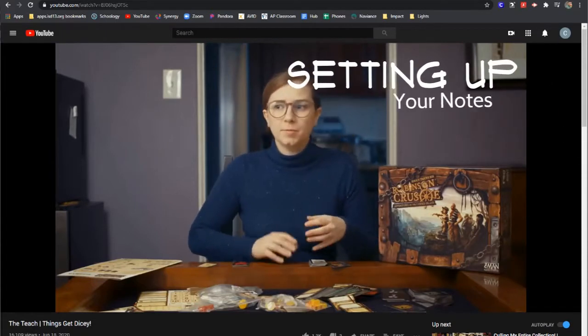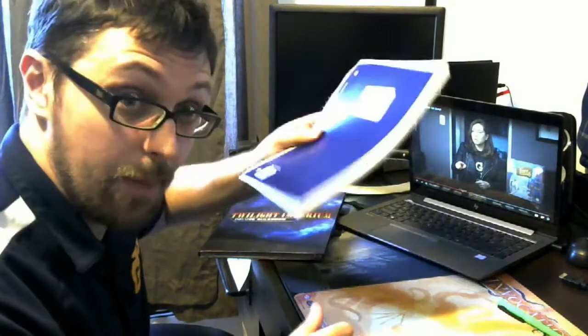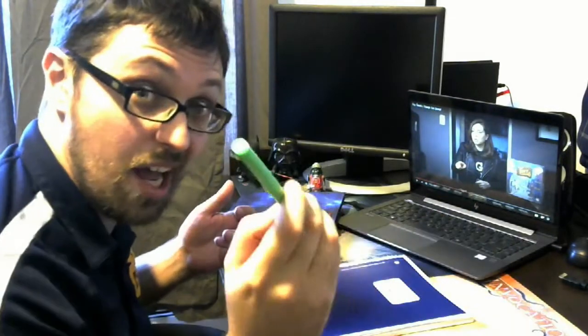I just gotta set up the components. Taking good notes requires a good setup. So I've got my device, I've got my notebook, and I've got my pencil. You might want to grab some additional materials like an eraser, a highlighter, a pencil sharpener, or maybe even your textbook. I've got a game manual here that might relate to what's going on in the video, just like your